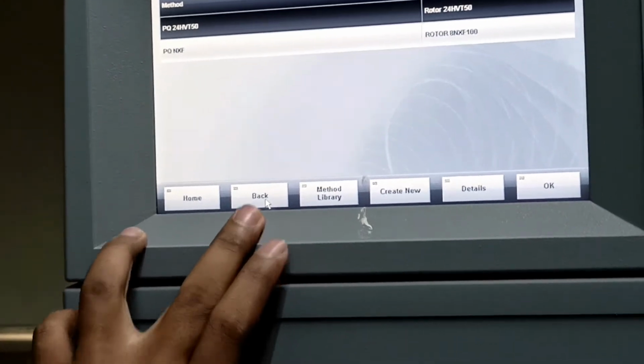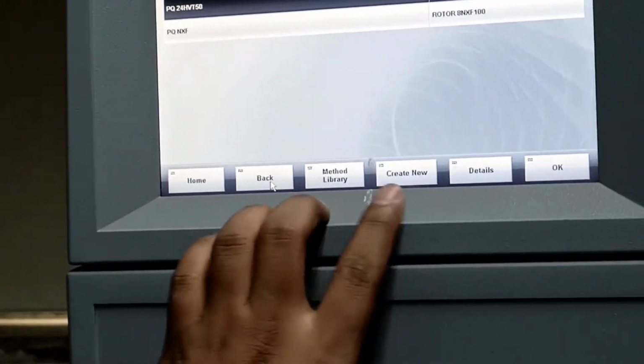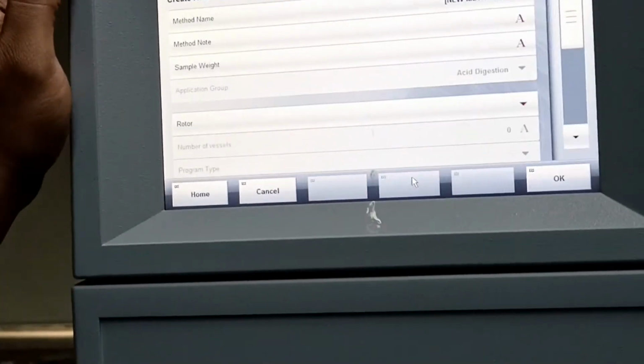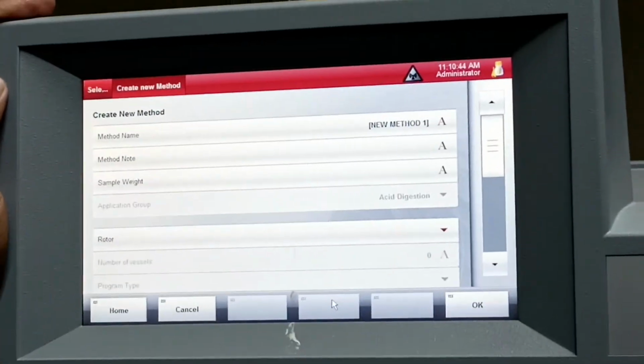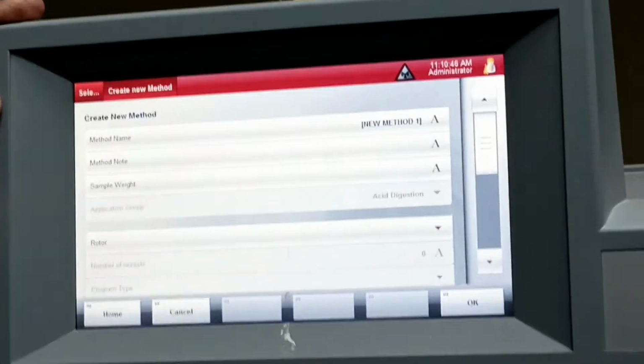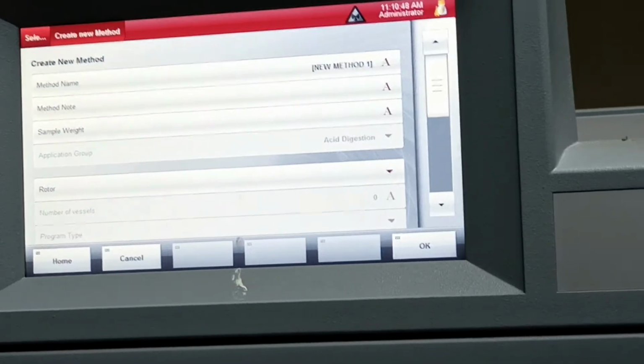Or maybe back, and create new. Likewise, you can prepare your own method first. You can give the method name first.